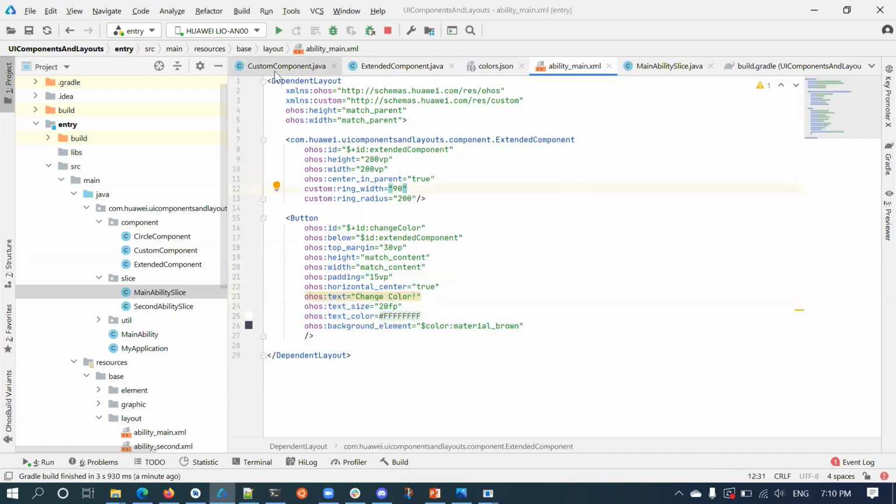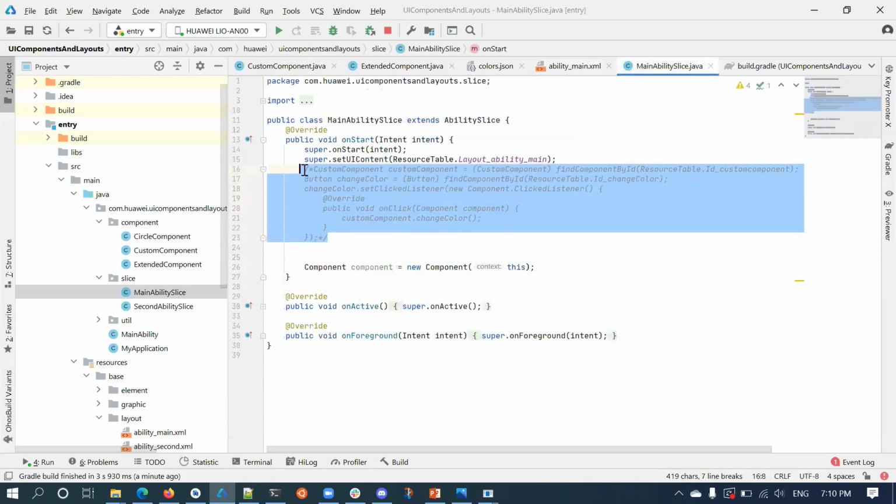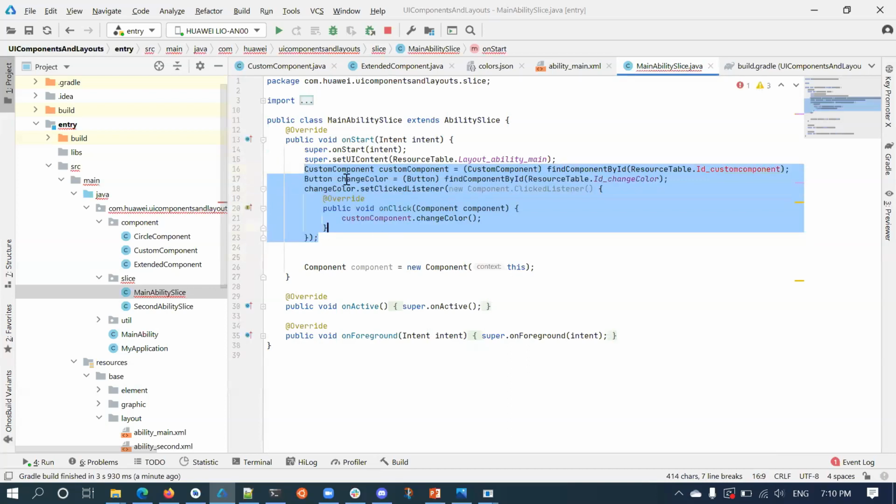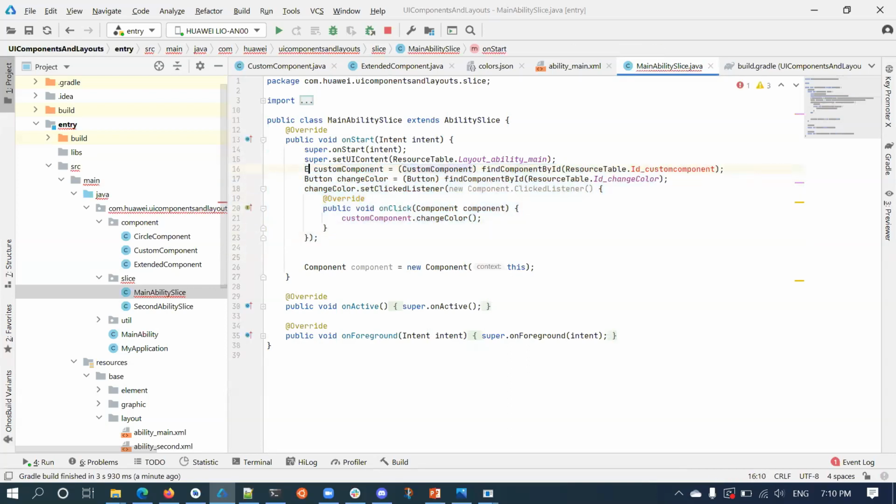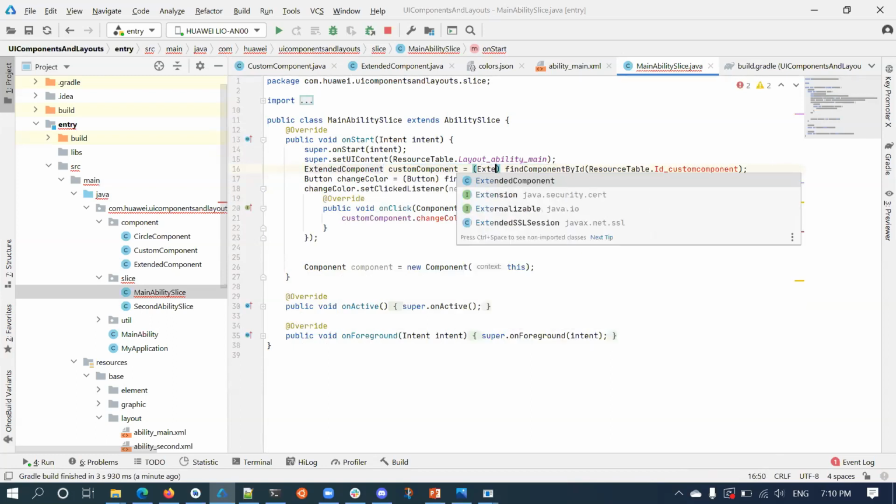Okay. And in the slice, I'm going to create the extended component instance, which I have declared there.